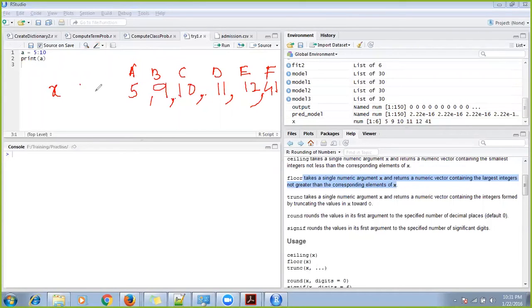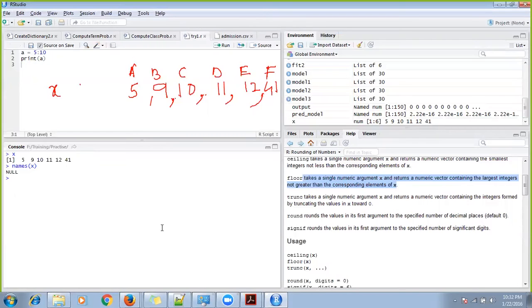Easy for me to write. X is already 5, 9, 10, the values are there. The only thing is I need to assign names to those particular values. Names of X is right now null, because I have assigned no names.